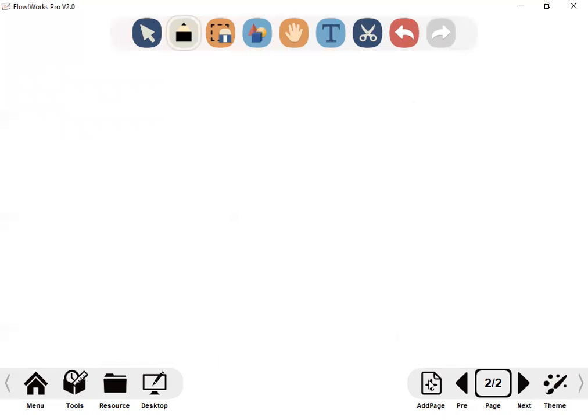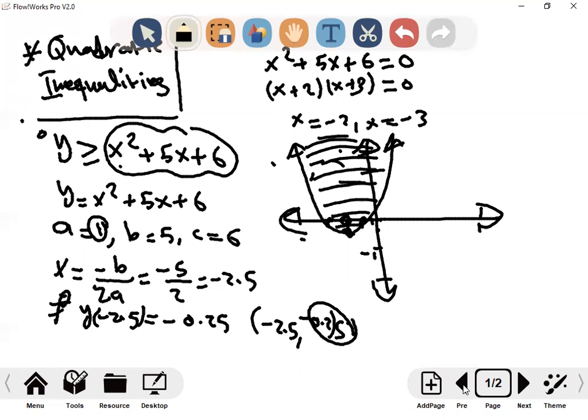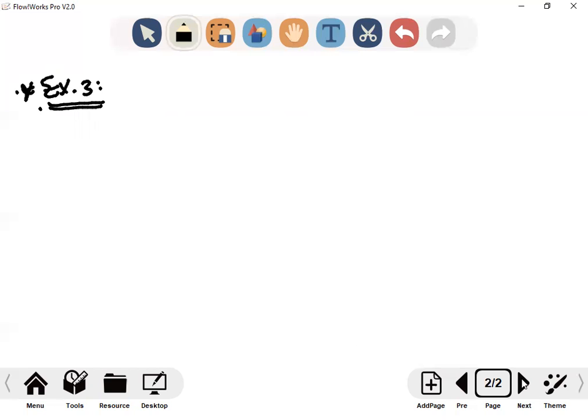Okay? Now, let's do example 3. Example 3, do it by yourself. Solve. Now here we solve, not only graph. Before, what was it? Graph. Here we solve. And here there is no y. We had a quadratic equation, now we have a quadratic inequality. Got it? So solve